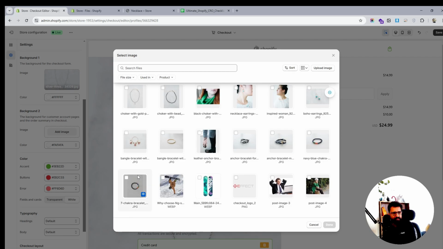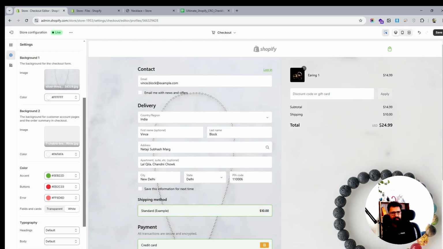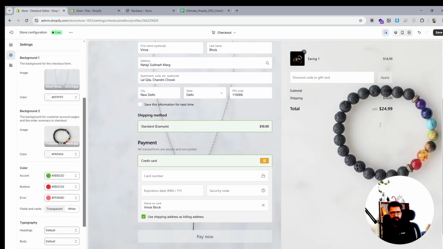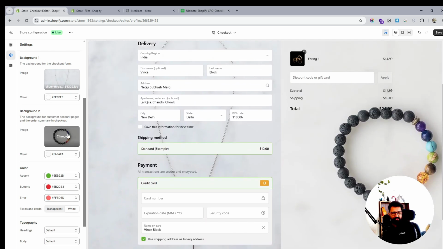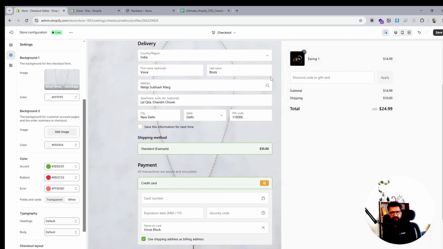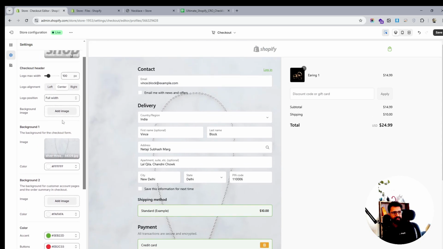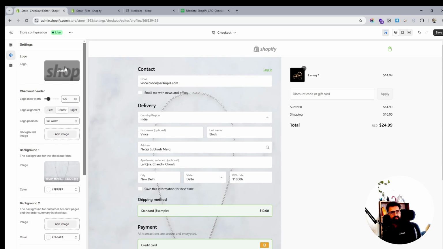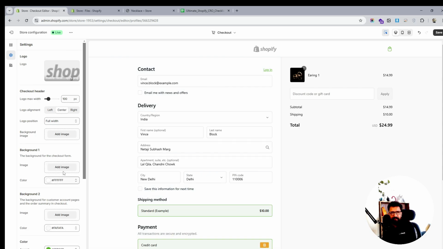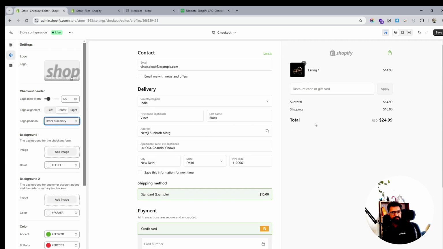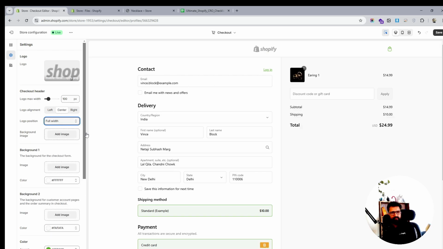All right, so this is how it would look with these two images. Usually I would not require this, but you can again include certain things or images. Or if you want the logo to be different, you can add more ads over here. That is for the free plan I'm talking about. But yeah, let's see, we can have the logo over here and maybe over here, or full width at the